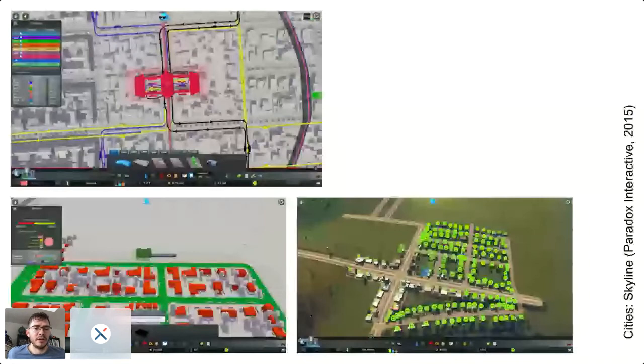Here on the left, on the top, you can see the network of public transport. Below on the left, you are choosing where to put a school, and you can see the area which is concerned by the school. On the right, it's about people being happy in their neighborhood, and you will have tons. I mean, you have to play this game if you like dealing with urban studies and you like visualization, because